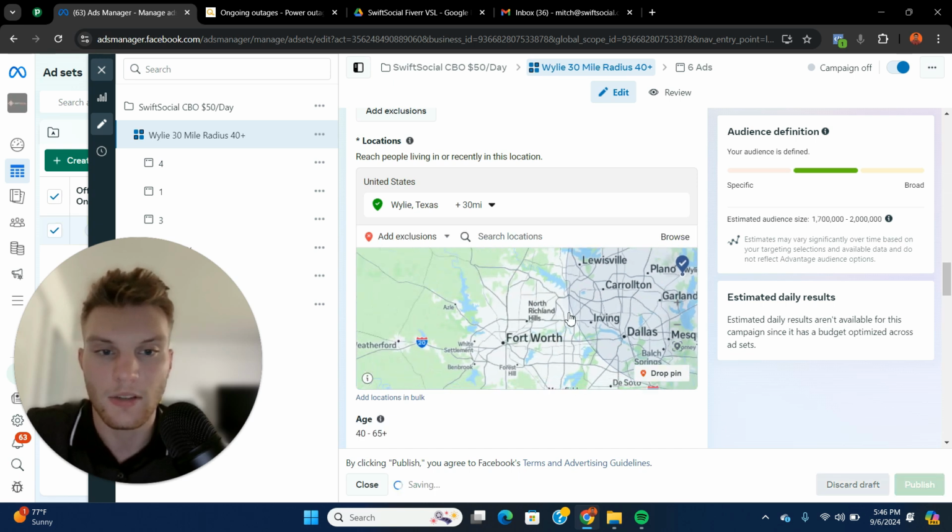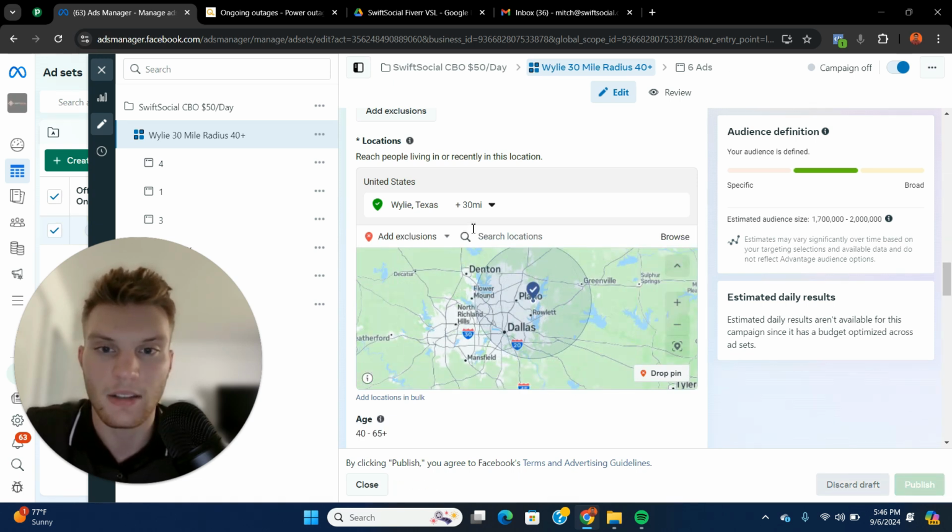So what you don't want to do is try to combat out of area leads with exclusions. Most of the time, it's just part of the game, and there's not really a lot you can do about that. It's just a numbers game, and you're going to get people from outside of the service area sometimes. What you can try doing is